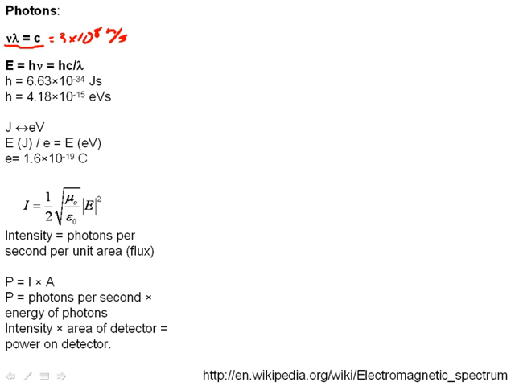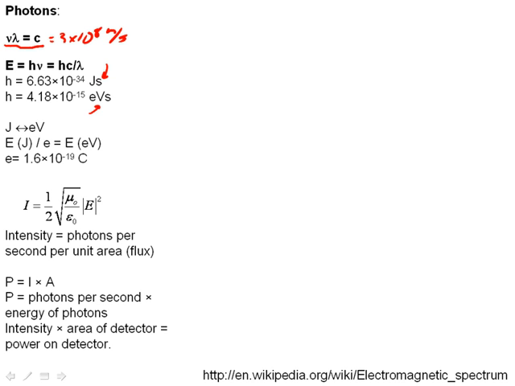The energy of a photon is equal to h times nu, where h is Planck's constant, or plugging our top formula in, the energy of a photon is hc over lambda. And remember, we can represent Planck's constant either in joules, the MKS units of energy, or electron volts, which is